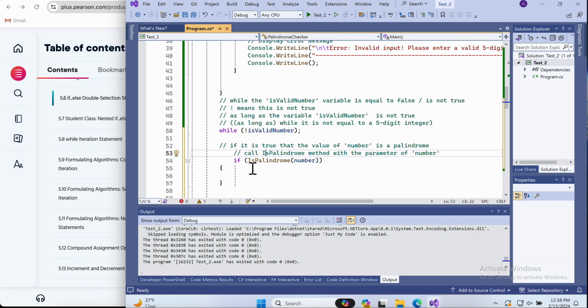So we're not going to say if this is not true. We're saying if this is true, because remember this is a Boolean statement, I guess, or type. This is the type of Boolean. So if it's Boolean, that means true or false. So it's saying if is palindrome is true with the given value of number, then do this. And what we're going to do is say if it's true, then we're going to